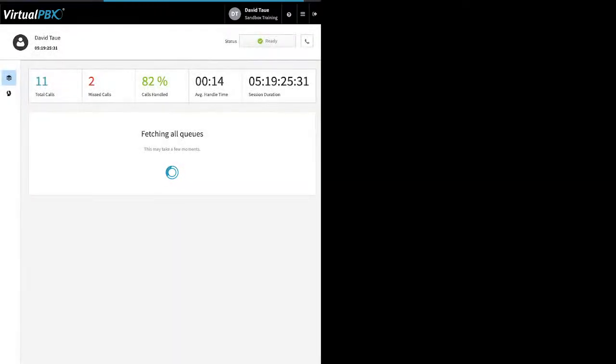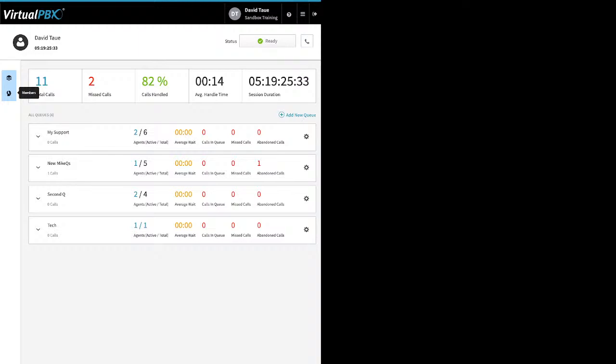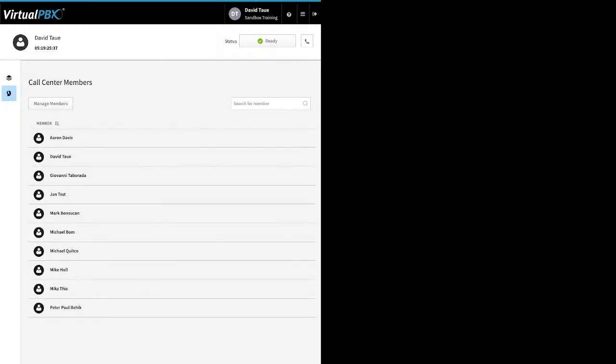Now, once you've created a queue, over here on the left, click on the little members icon, the person with the headset. This list here is all the people who are currently available to be in an ACD queue. It doesn't mean they're assigned to a queue yet. It just means they're available to be assigned. If you click on Manage Members here,